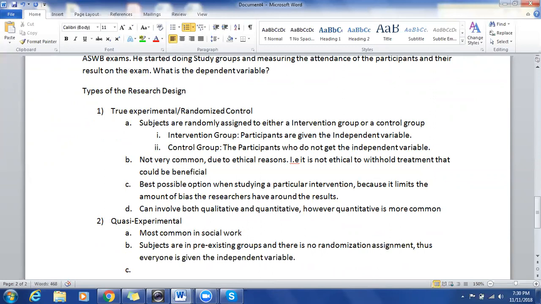But with that, if we don't withhold anything, it makes it difficult to decipher between actual change and outside factors. So this type of research study attempts to isolate from outside factors,